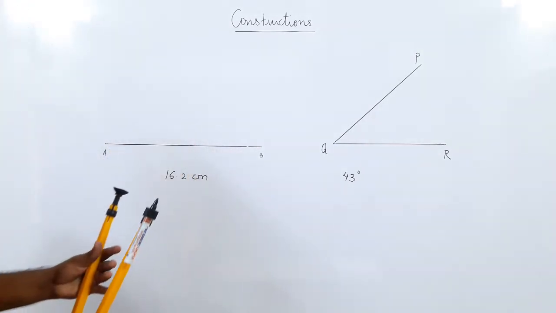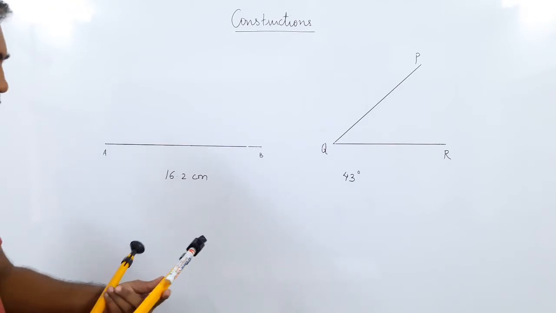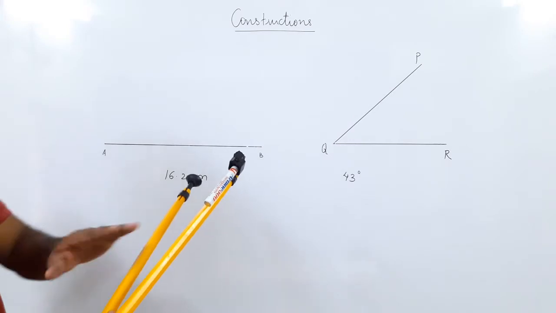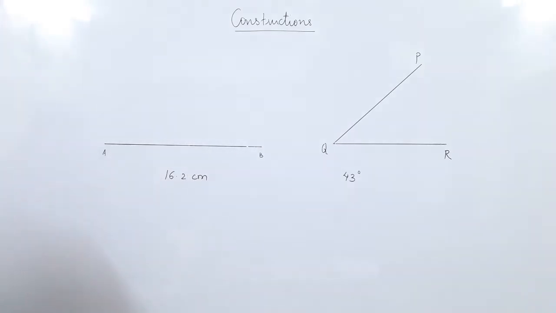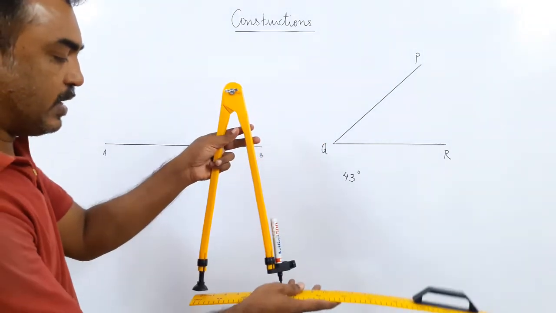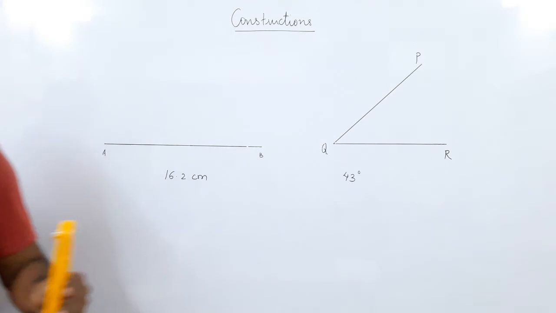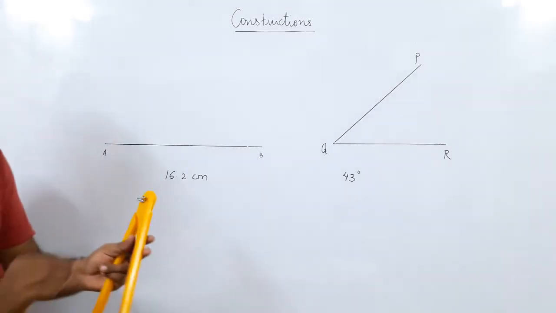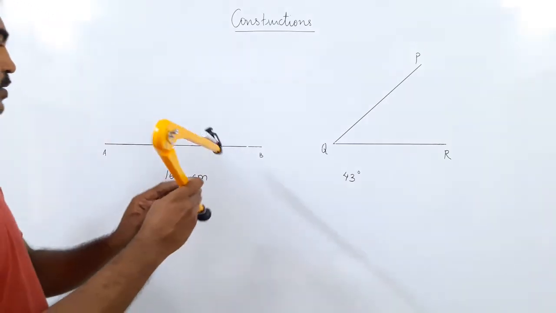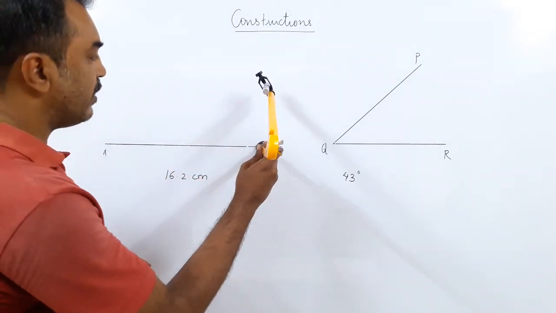So what is the technique to be done? You have to open this compass at any radius. Now how do you measure the radius? You should know on the scale to measure the radius. You have to understand how to measure the radius, but just now we don't need to measure it. What we need to do is, any radius you take, then you put your divider.